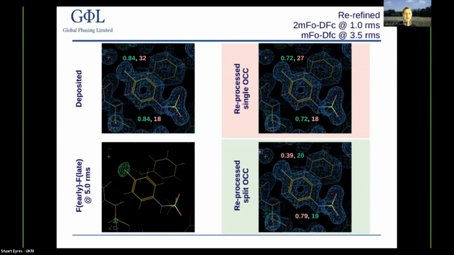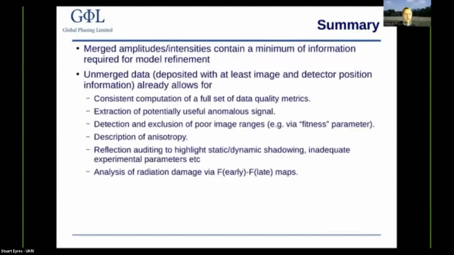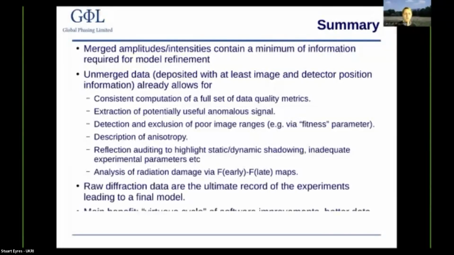As a short summary, we can probably say that merged reflection data as currently required for deposition to the PDB only really contains the absolute minimum of information used for model refinement, while unmerged reflection data, if deposited correctly, already allows for a large number of validation and additional analysis steps that can give more confidence in the quality of the model, but maybe also provide pointers for model improvements. Of course, raw diffraction data is a record of actual experiments, but requires a whole other level of infrastructure and